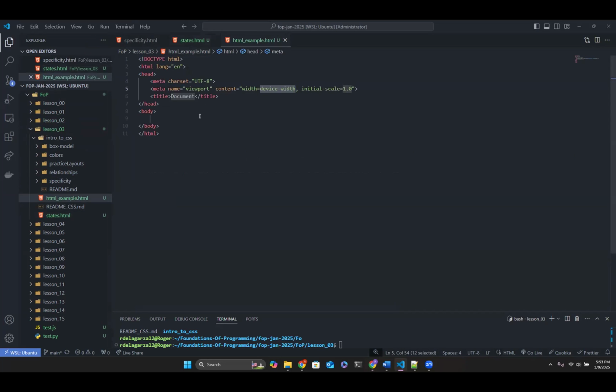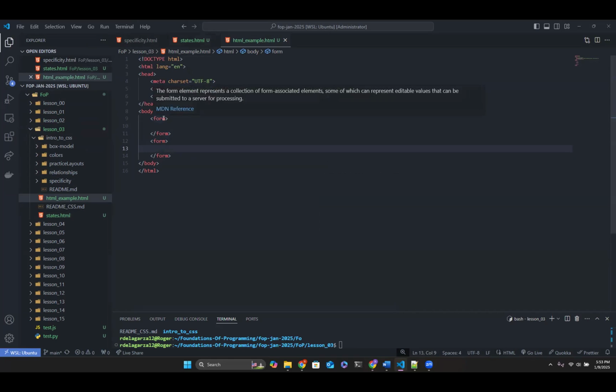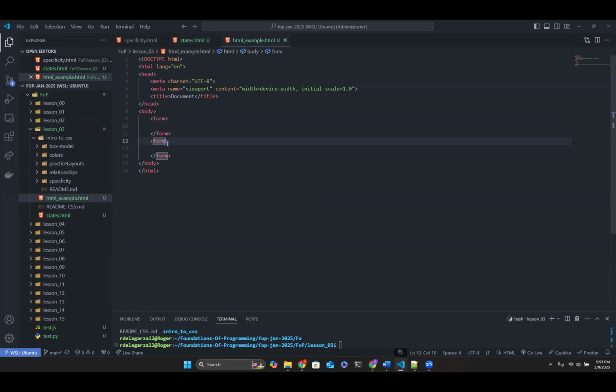And in this body tag, let's say I had different forms in this page. One form is for signing up people, and the other form is going to be for, let's say, creating a survey.